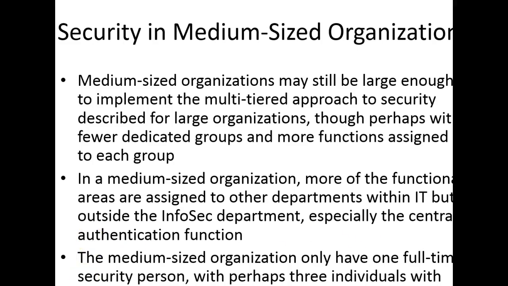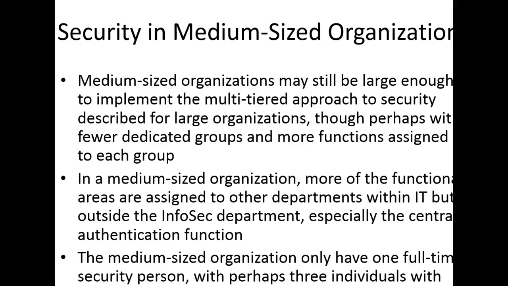Now let's talk about security in a medium organization. Medium organizations normally have between 100 to 1,000 machines. This type of organization may still be large enough to implement the multi-tier approach to security that we just discussed, but